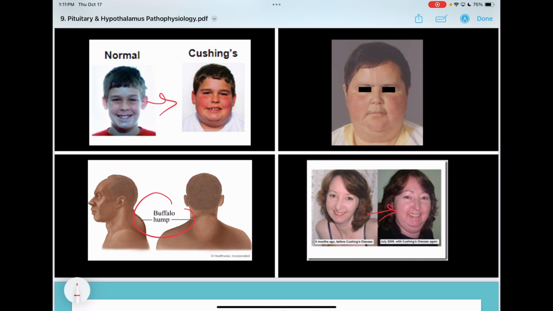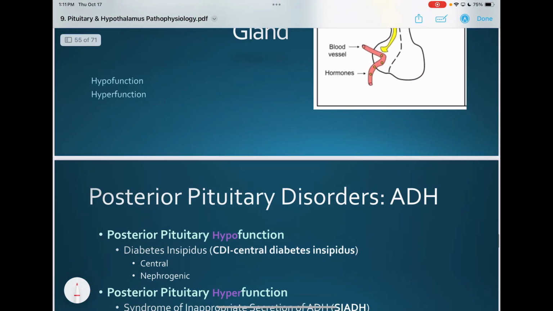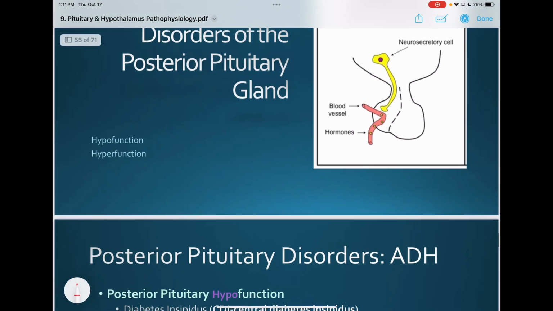We had a student a few years ago that had Cushing's from something else, had the symptoms, but before she came to PA school, got treated, and everything went away. She showed me a picture of what she looked like before. I was like, wow. Because she really had the moon face and everything, but it goes away once you treat the underlying causes. So here's your Cushing's. I think I have all that stuff in the renal lecture. Okay,